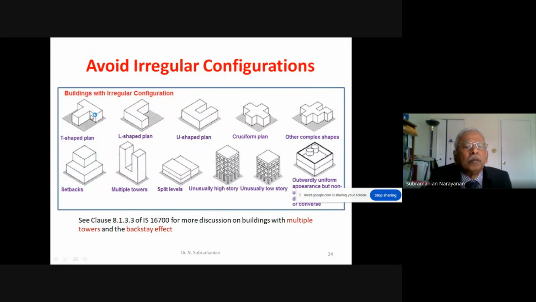So a building with an irregular configuration, T-shaped, L-shaped, U-shaped, or cruciform in plan, and other complex shapes should be avoided. And setbacks and multiple towers, of course. IS clause 8.1.3.3 of IS 16700, that is for multi-story buildings, gives some more discussion on multiple towers like this and backstay effects. And then split levels and unusually high story, or unusually low story, or